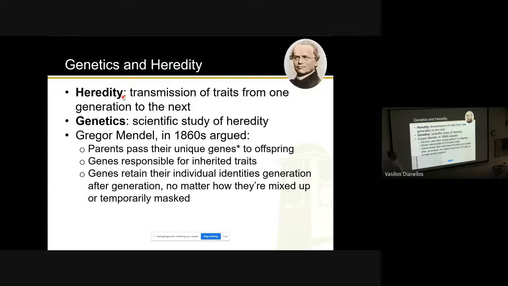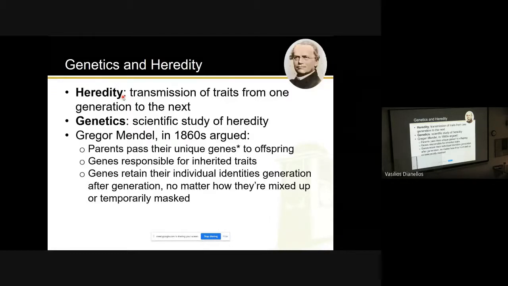Anyway, in the 1860s, he argued that parents pass their unique genes to offspring. I put a little star next to genes because he didn't call them genes. We didn't know what a gene was yet. I think he called them heritable traits. Doesn't matter. But that was a unique thought back then. Everybody knew, though. I mean, even before the 1860s, obviously you could tell that mom and that dad got together and had that baby,